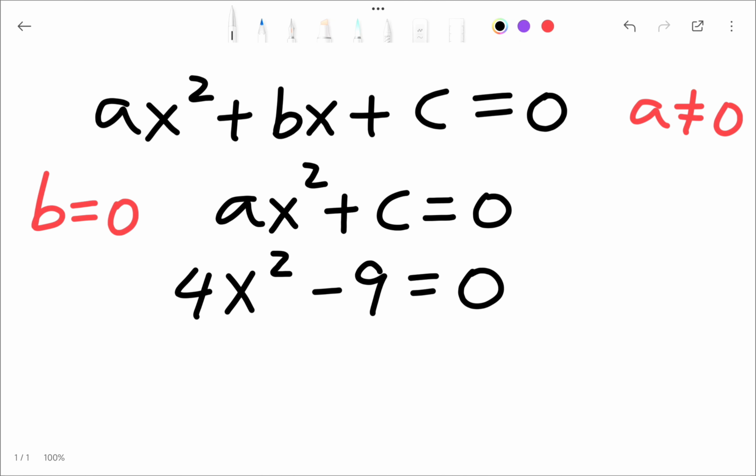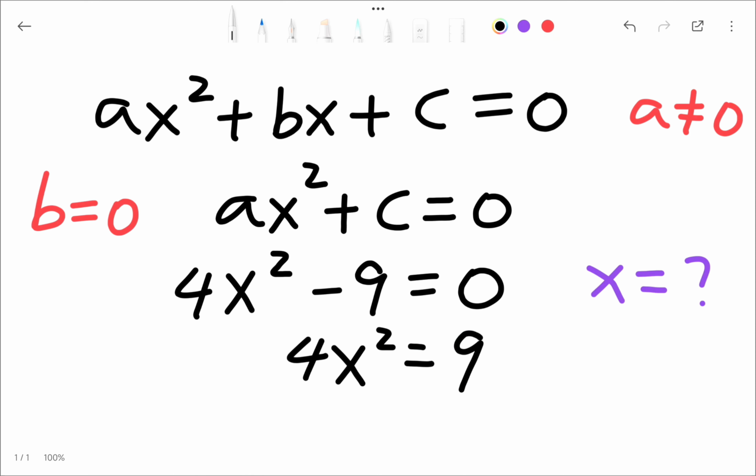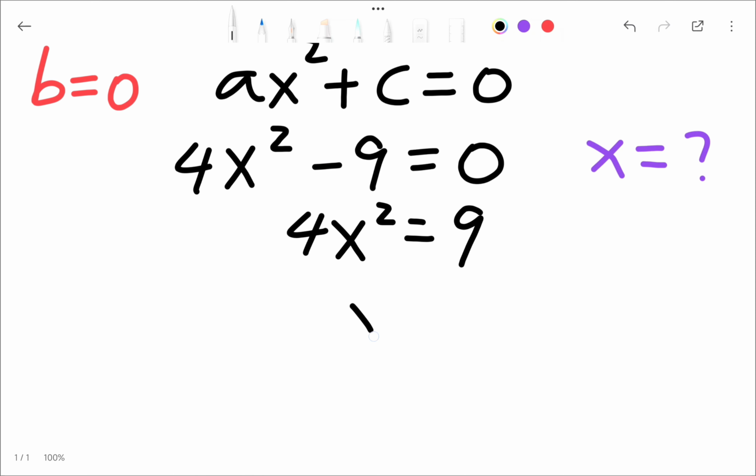To solve this, we use the same method that we use for linear equations. Remember, the goal is to have x equals a number at the end. Let's rearrange things, and then get rid of this 4. If you are feeling a little bit rusty about solving linear equations, please feel free to check out my other video. Now, we need to get rid of this power of 2, and we can take a square root on